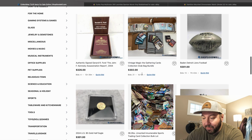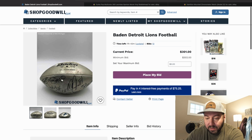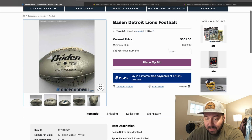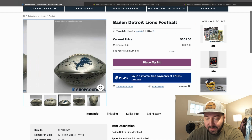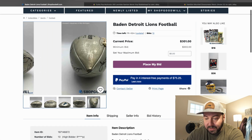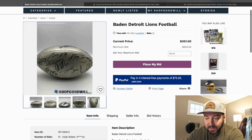Vintage Magic the Gathering grab bundle. Baden, Detroit Lions football, $301, 13 bids. Pretty cool here. Not something you're going to find every day. Wonder what year. I mean, a Detroit Lions signed football could have been given away probably 10 years ago. But now you're going for the...